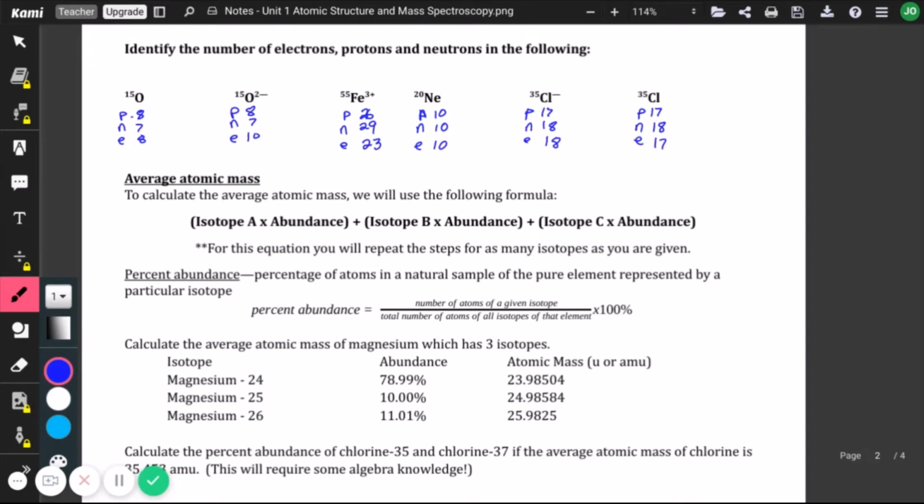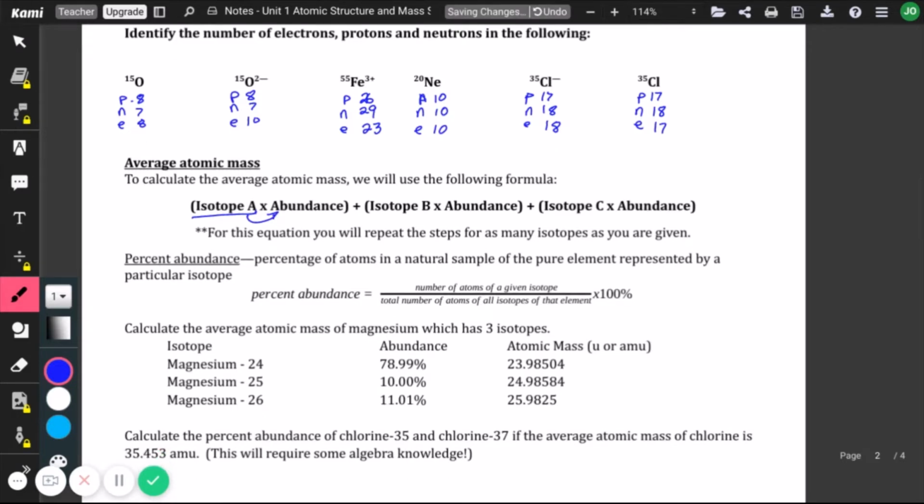Okay, and here's how we solve for a weighted average. So we take the isotope that we've got and we multiply it by its abundance. Okay, and the abundance is going to be what percentage I have of that substance. Okay, be it 70, 80, 92%, whatever it is, by its percentage. Okay, then you do plus isotope B times its abundance, then plus isotope C times its abundance, and that can go on until you run out of isotopes. Okay. Now, again, you repeat that as many times as you need to